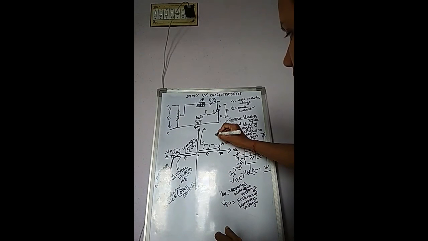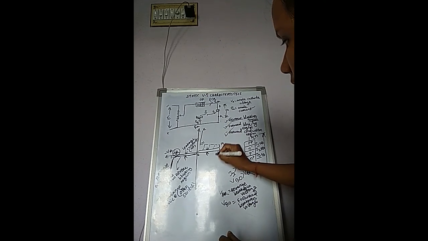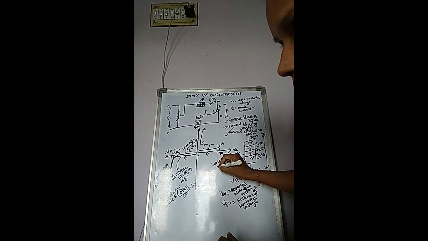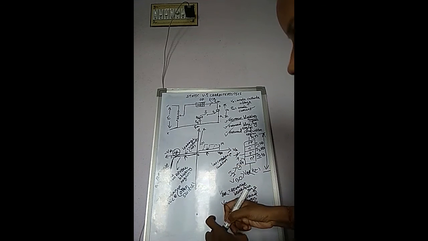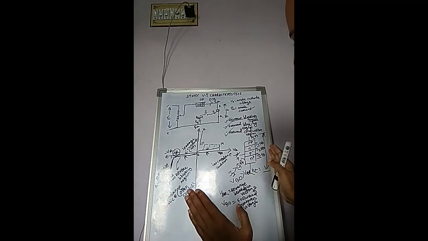At this part, the low impedance condition will occur. Obviously, if a circuit operates like a low impedance, then current will flow through that path. So here also in this case the device is in a low impedance condition, that means it is in high conduction mode, or it acts like a closed switch.